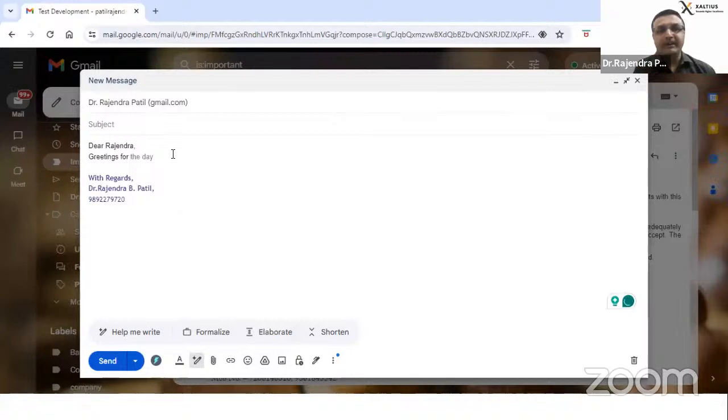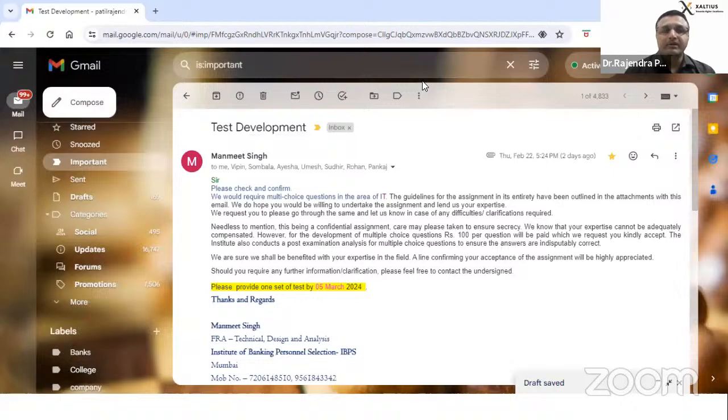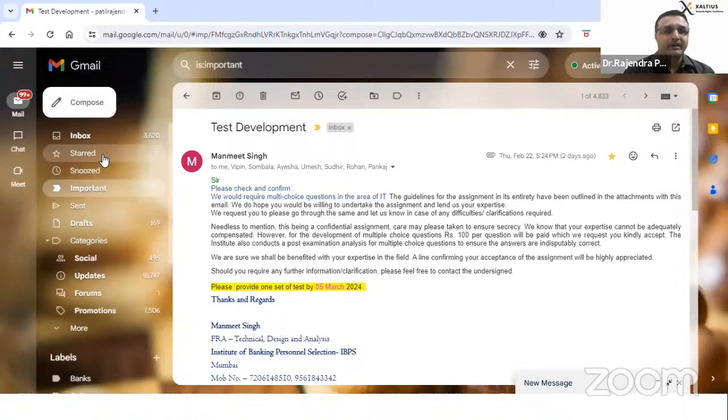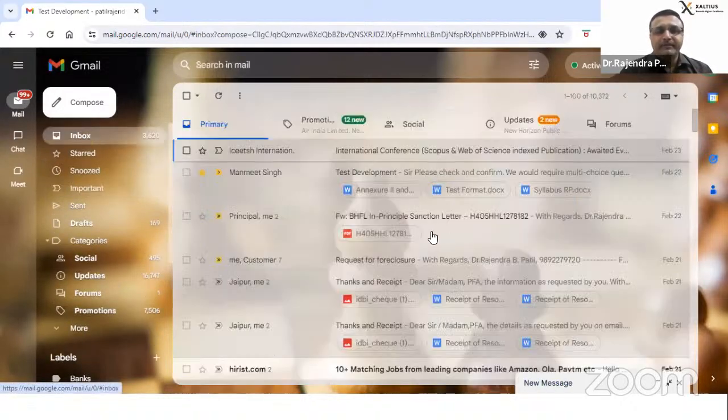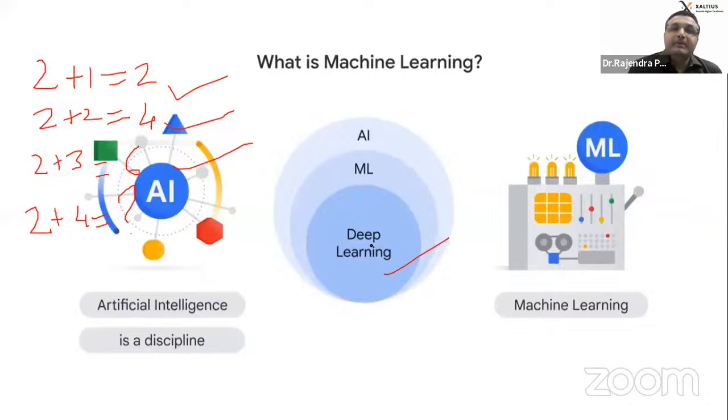Can you see now the prediction is coming there? Yes. So this is nothing but feature extraction. It learned the pattern of my sentence, and accordingly, it is recommending me the sentence. So deep learning is nowadays playing a very crucial role in various applications.